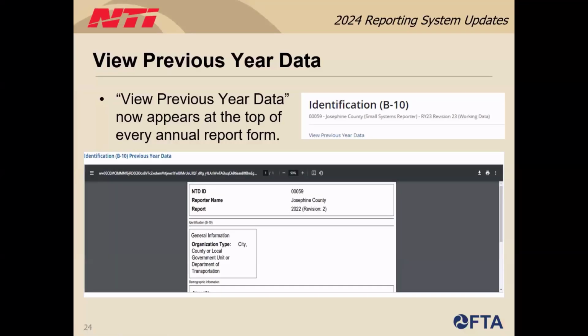Instead of digging through the form library to search for last year's forms, you will now notice an extremely helpful tool at the top of each individual form. A View Previous Year Data button now appears at the top of every form. When you click on this link, a new window will open and show the approved version of the form you are in from the last fiscal year. You can place this side by side with the form you are still working on, which is useful if you see a validation check indicating a large difference between this year's and last year's data.